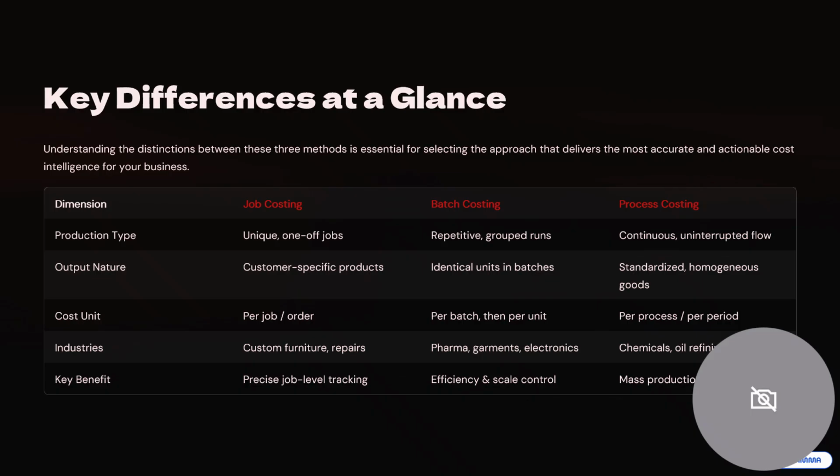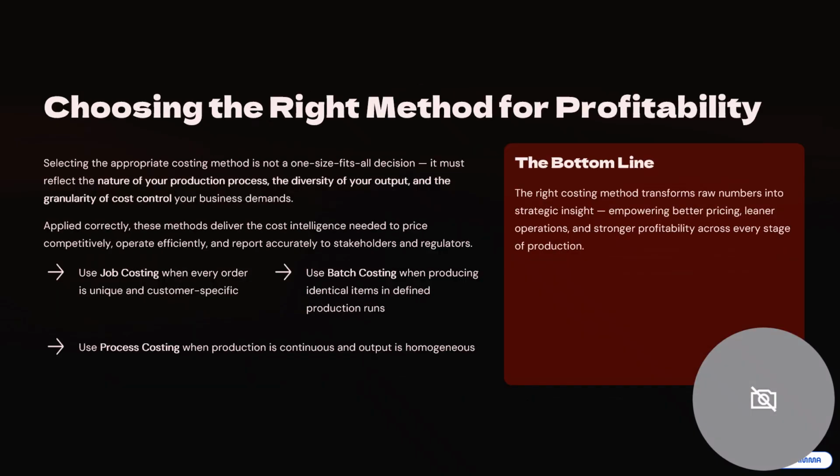To summarize the difference, job costing is for unique work, batch costing is for group production, and process costing is for continuous production. In conclusion,